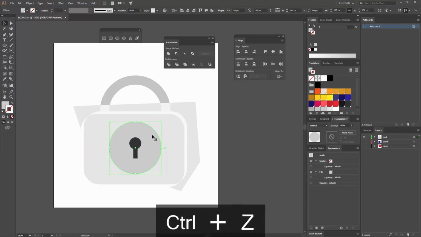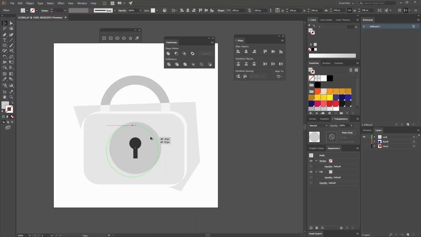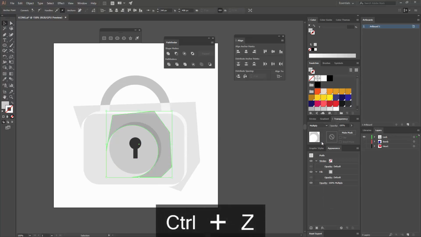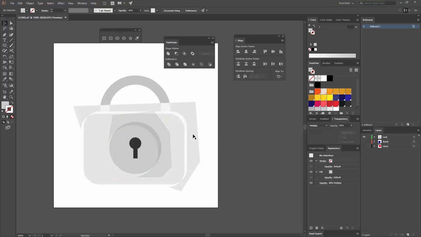circle. So while I select it, I'm going to press Alt to make a copy that is around here. And again, I'm gonna go to my scissors tool or press C on my keyboard and go and delete, select on those anchor points, go to my pen tool or press P to close the shape around here. And for this one, I'm going to select the mode multiply, and maybe go with 40. I think 40 is too little, so maybe something like 80. I think that works better, and you could move it around a little bit so it's not that there in